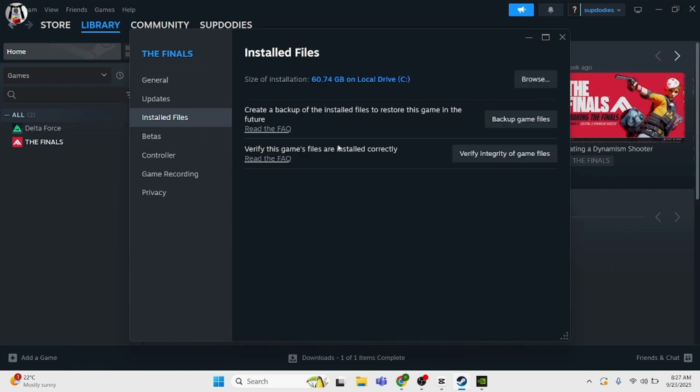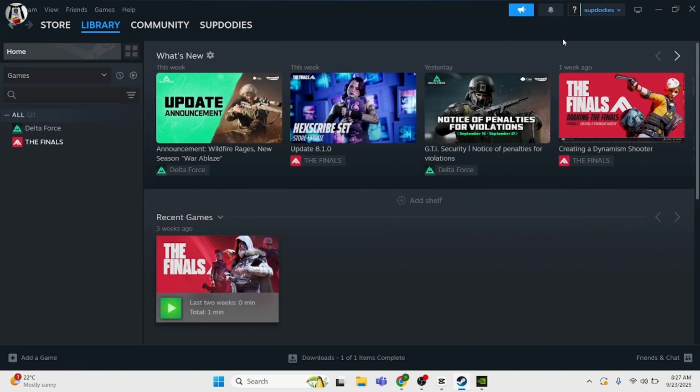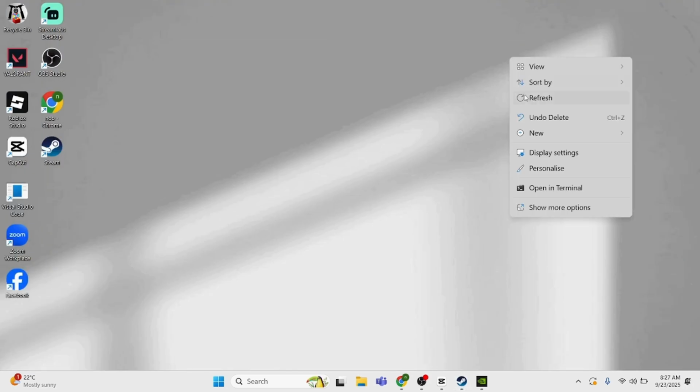Next, select Installed Files. Select Verify Integrity of Game Files. Now this might take a couple of minutes according to the game data that you have. Once done, close this. Now for the next step,